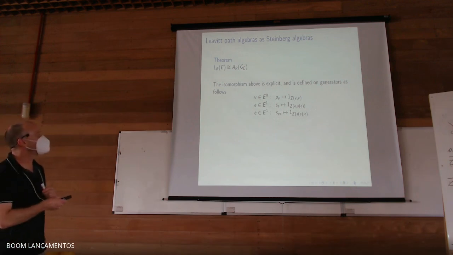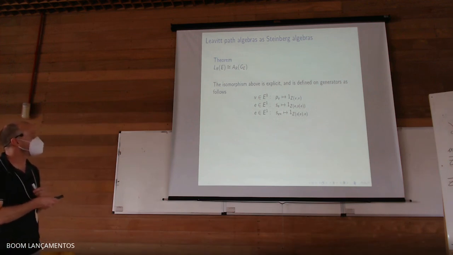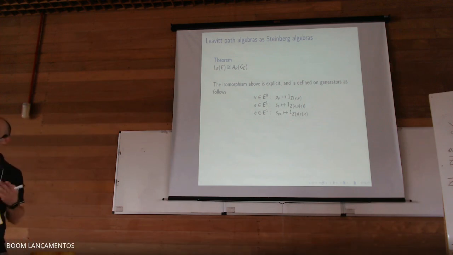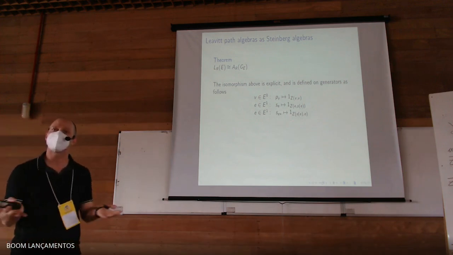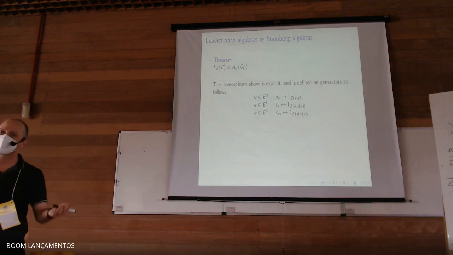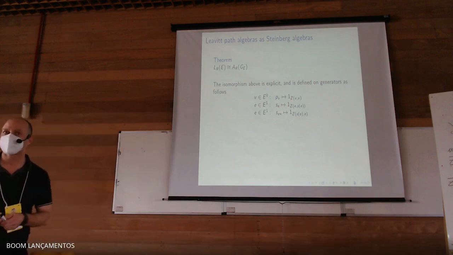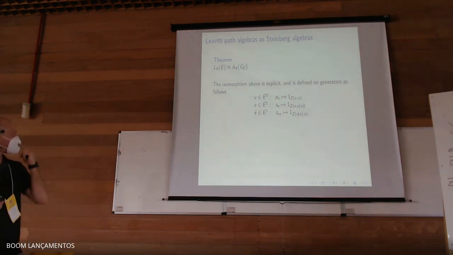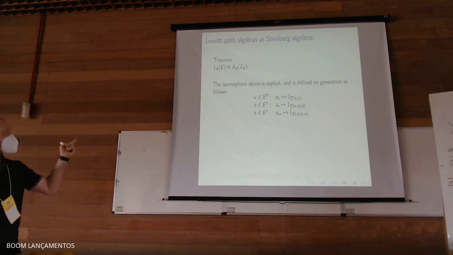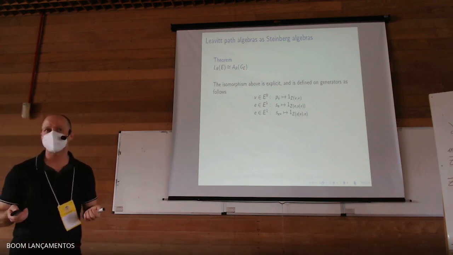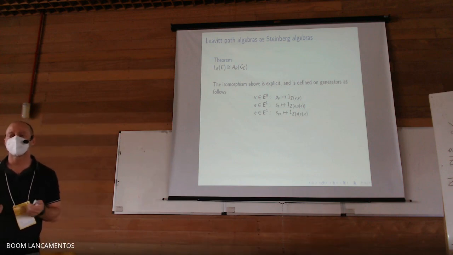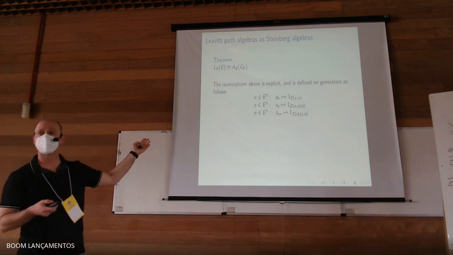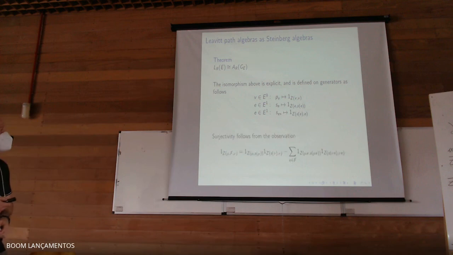And this is the isomorphism on the generators of the Leavitt path algebra, which one then can extend to linear combinations, etc. Typically, to prove these kinds of isomorphisms, one uses so-called uniqueness theorems. One can prove that they are surjective. For example, in this instance, to see that it's surjective,